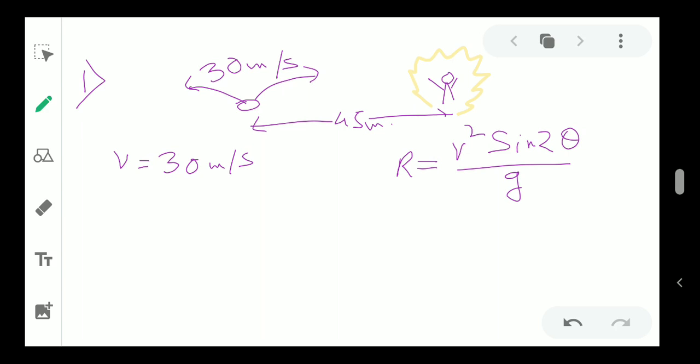Now you know one thing very clearly: this v square is there, so the range will be maximum when v is maximum. So let me talk about R max. This range means how far each of the fragments will go. So to make R maximum we have to use v maximum, and our theta has to be of such an order that sine 2 theta is equal to 1.